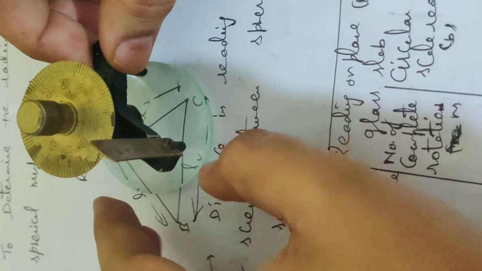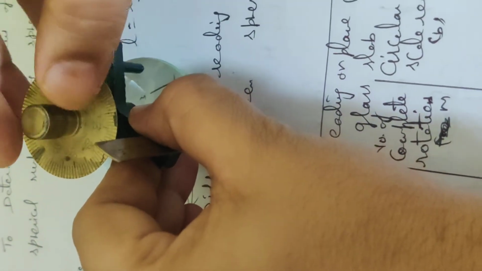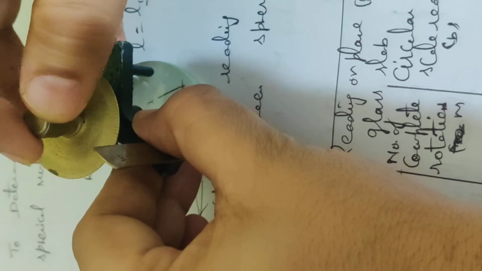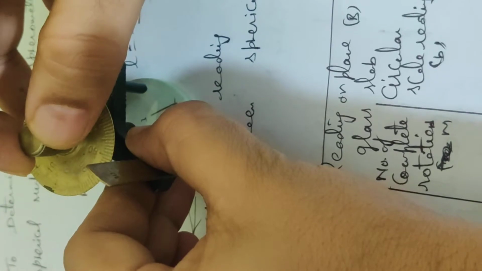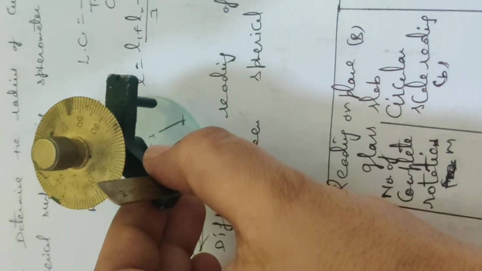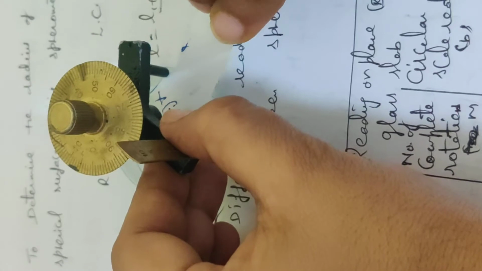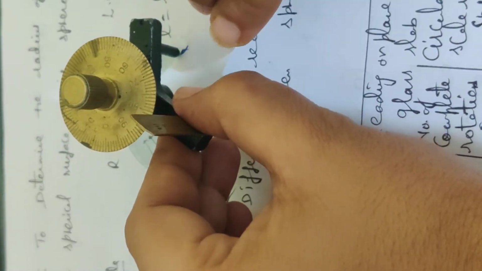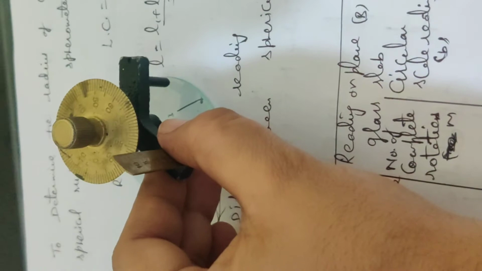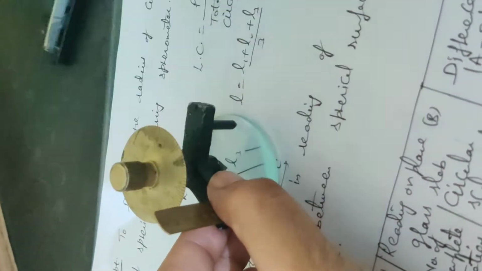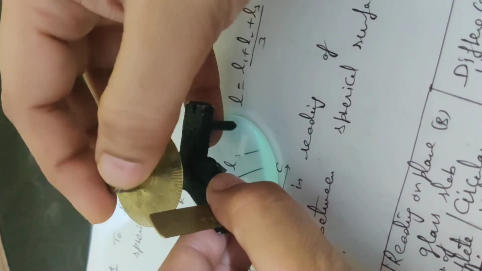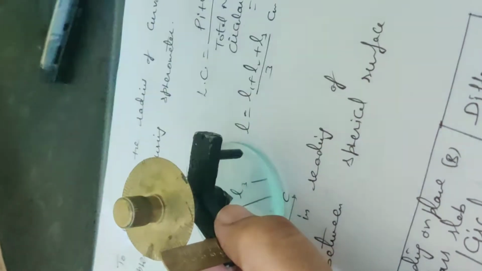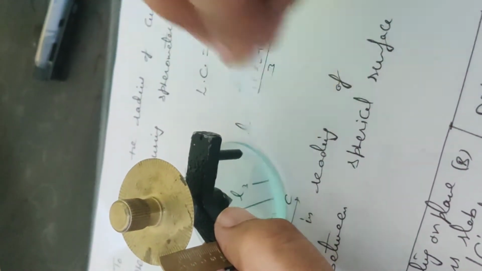Okay, it is lifted. Now I am going to rotate it till it just touches, and I can find out whether it has touched or not using this paper. No, it has not touched, as the paper is passing. Again I will rotate it. Again it is passing.